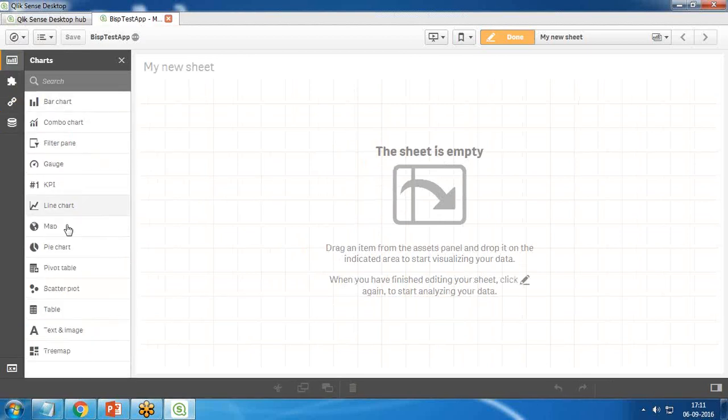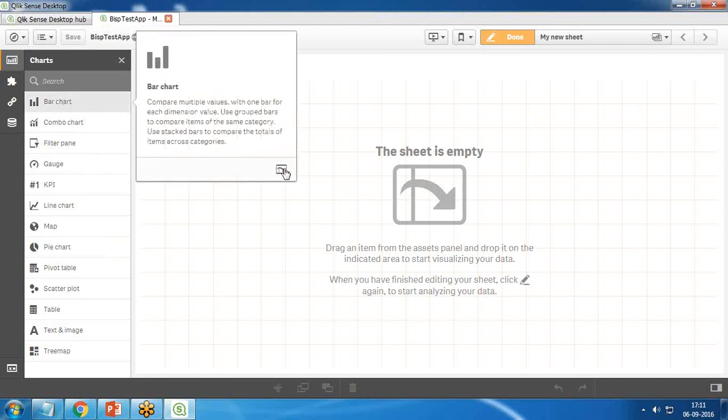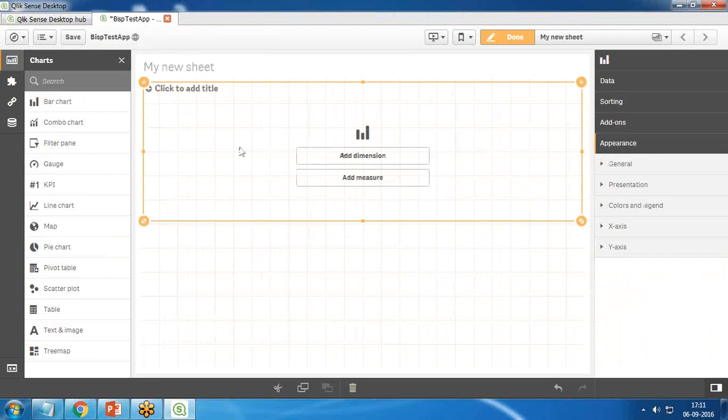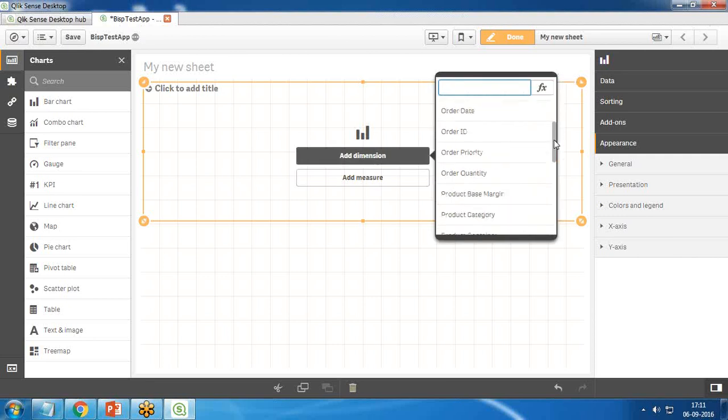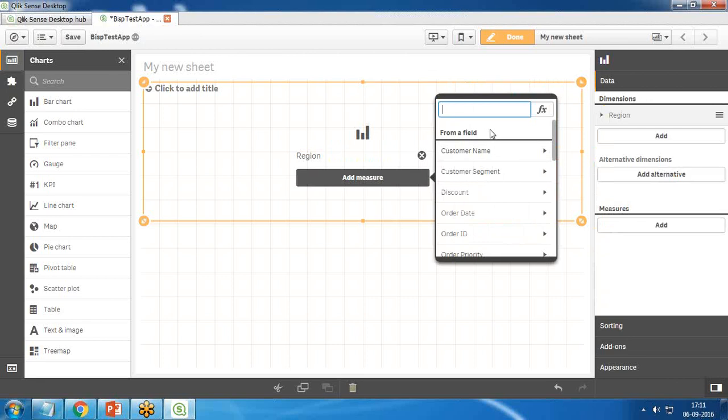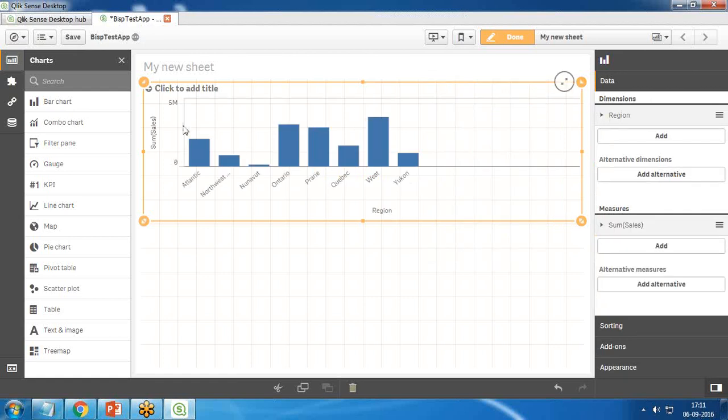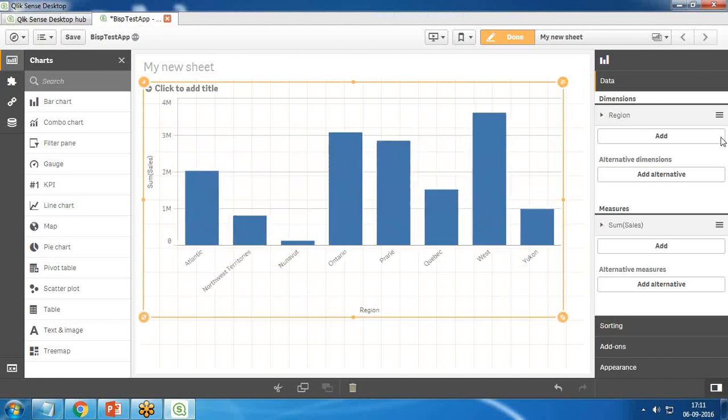If I click on chart, these are the charts which I can add. So I can click on bar chart and drag and drop this bar chart in this area, and now we are free to add the dimensions or the measures. So I click on add dimensions, and I would like to find out the region wise sale. I choose region as my dimension, and for measure I have sum of sales. So I select sales, and the aggregation function should be sum. So very quickly you can see a chart has been created,